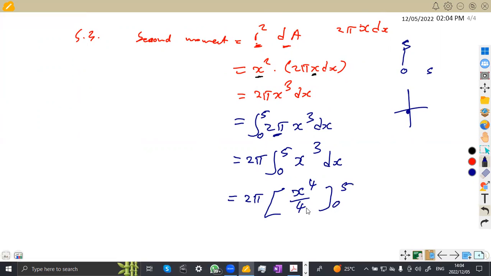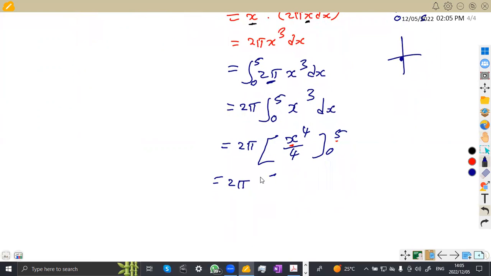The limits are 5 to 0. So remember, upper limit minus lower limit. Upper limit is 5. So this is going to be 2 pi into the upper limit, which is 5 to the exponent of 4 over 4, minus the lower limit, which is 0 here. So that's what you're going to have. So from your calculator, if we are to simplify properly, this will be 625 over 2. This will be over 2 because the 2 and 2 cancel pi. Or as a decimal, it can be